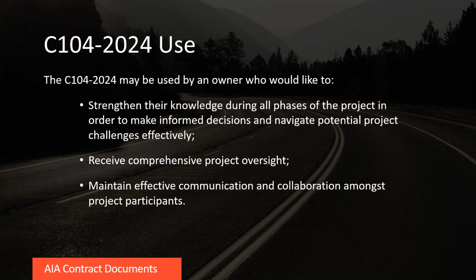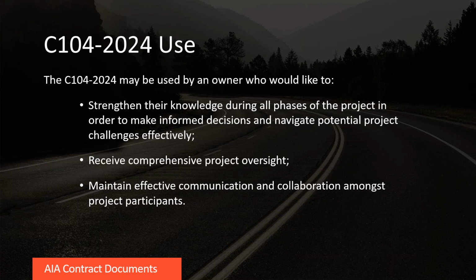This agreement is meant to be used by an owner who wants to engage an owner's representative for a variety of different reasons. Some of those reasons might include that you may have an owner that doesn't have the internal bandwidth to take on a project like this and oversee that in-house. You might also have an owner that does not have the knowledge or experience to feel confident in overseeing the project that they want to build. In this case, the owner's representative could provide the owner the knowledge that it needs to make informed decisions, so the owner could not only produce and run that project, but also navigate potential challenges effectively and efficiently.